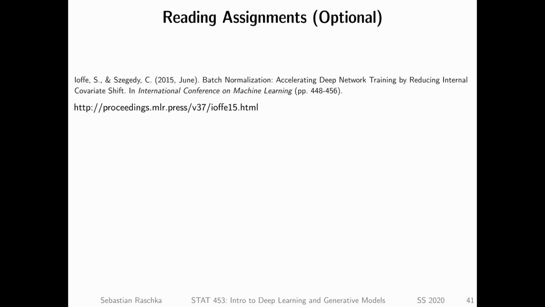Okay, so just to finish up with batch norm, a reading assignment that is somewhat optional, because most of this I talked about in this lecture. There's this original paper that proposed batch normalization. It's basically a more verbose version of what I talked about in this lecture. So this is a good reference if you're interested in that, or actually should be interested in that, because batch normalization may be a topic in the final exam.